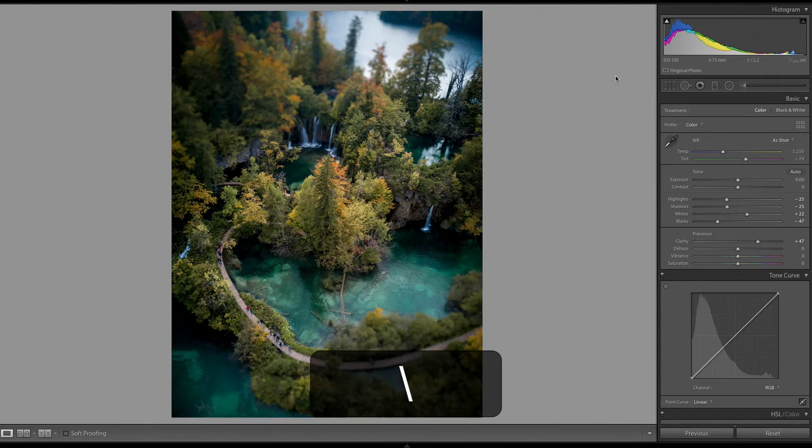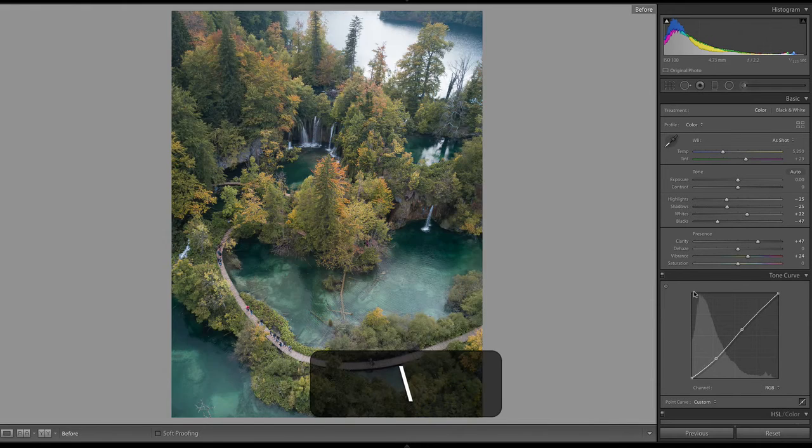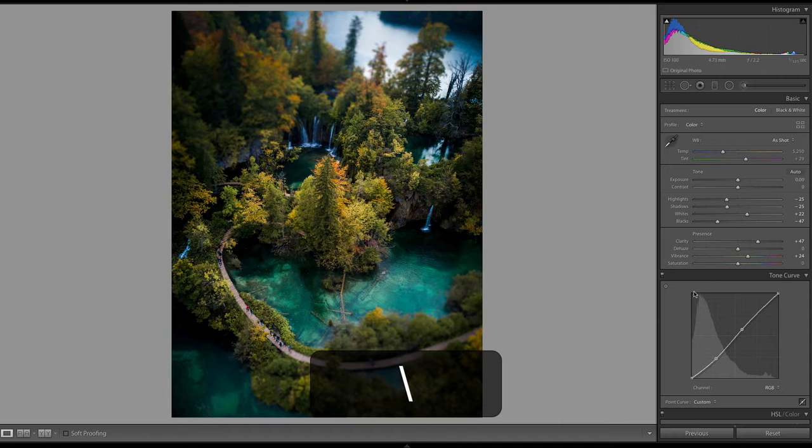See the before, after. The last thing I might do is just go into the tone curve, add a little bit more contrast. Whew, yeah, that's looking good. If you really want to get this tilt shift effect, the tiny people effect, boosting your saturation is your friend. I'm not going to boost saturation, but vibrance, because that boosts all the colors except for those yellows, which is kind of what we did with the HSL slider. And again, pretty stylistic, but getting pretty darn cool.